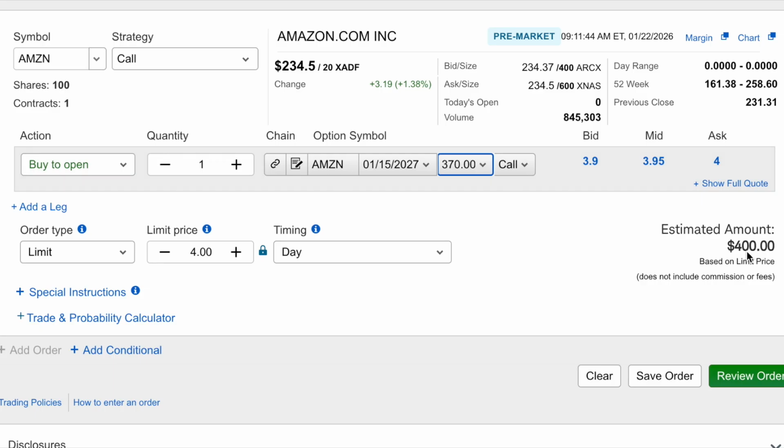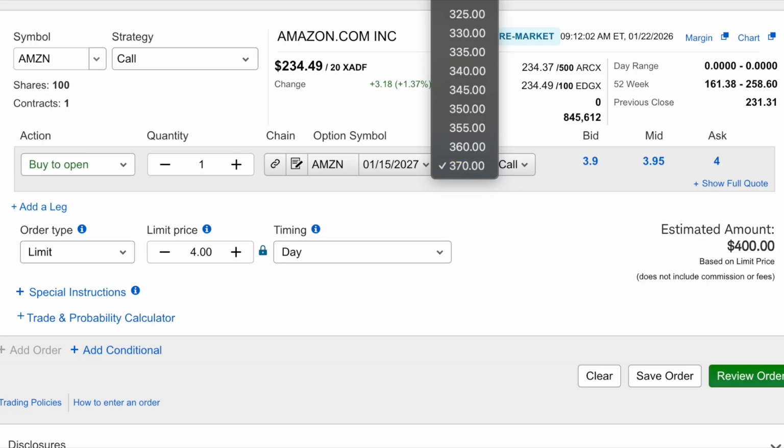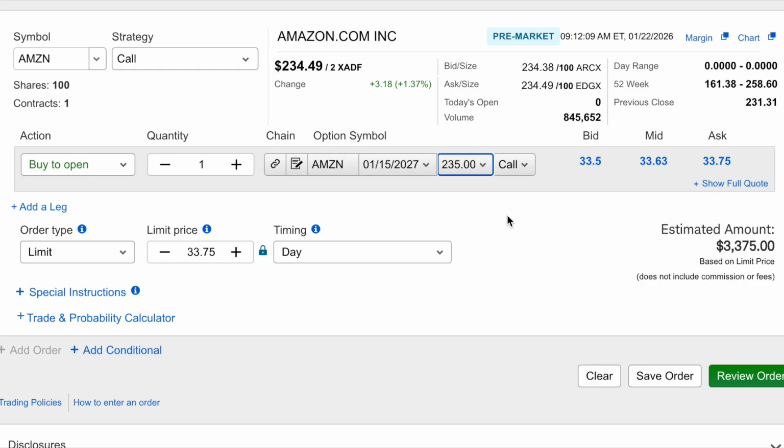So the higher the strike price you pick above where the stock is currently trading at, the less you're going to have to pay, but the less probability it's actually going to reach that and get above that price. So let's look at a 235 strike and see what the cost is there. If we basically lock in the price of 235, which is where Amazon is currently trading at, it's going to cost us